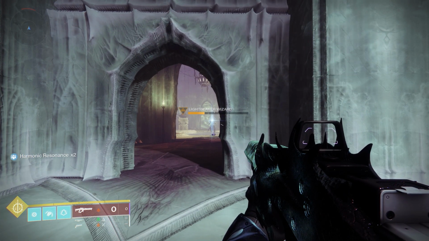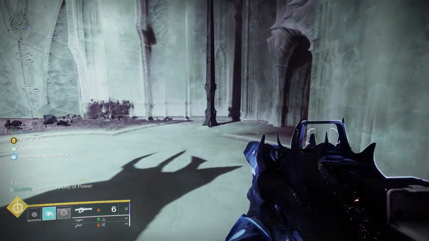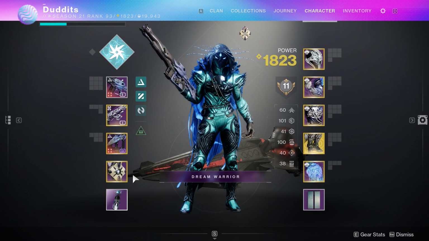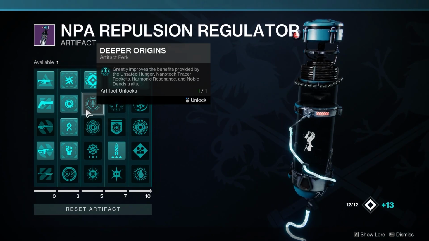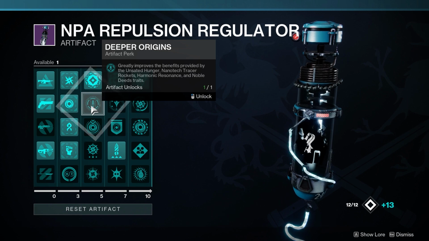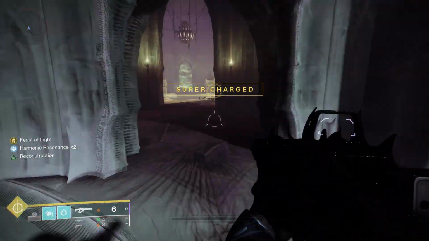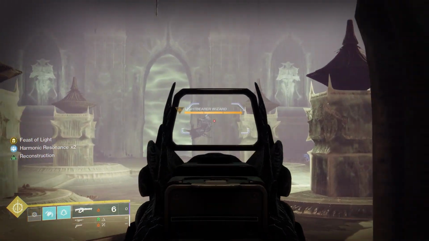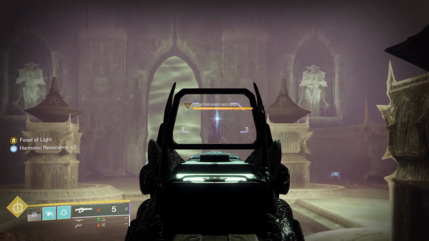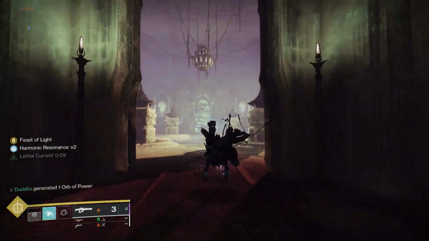Now another little thing you can do with this as well is a seasonal artifact mod perk this season. This also increases the damage. Which one am I talking about? I'm talking about Deeper Origins. This greatly improves the benefits of the Resonance Harmony perk, or the Origin trait rather, sorry. So you're going to see even more damage increase. So 3 raid weapons to get you ×2 harmonic resonance, and then the Origin trait enhancement from the seasonal artifact goes up to